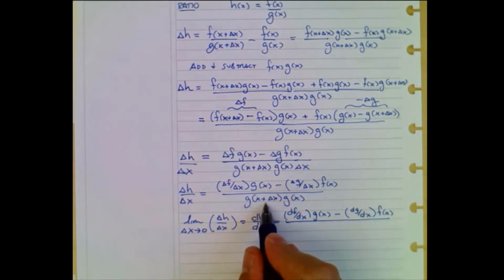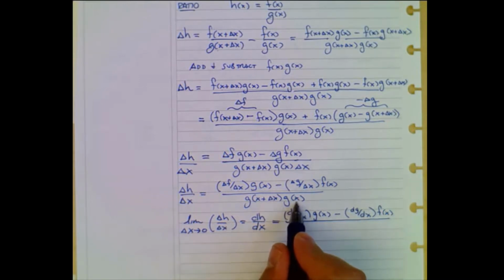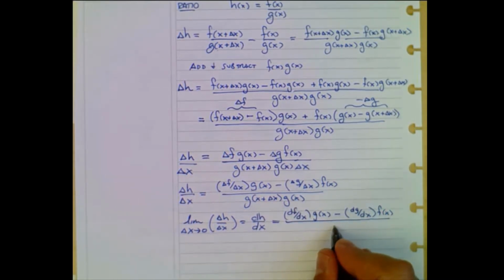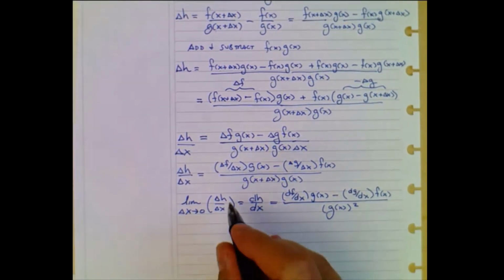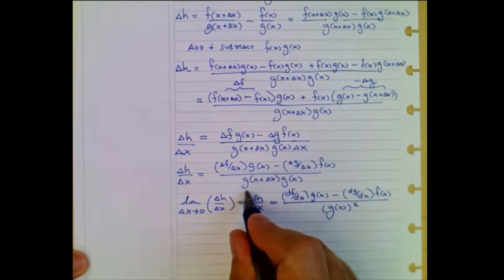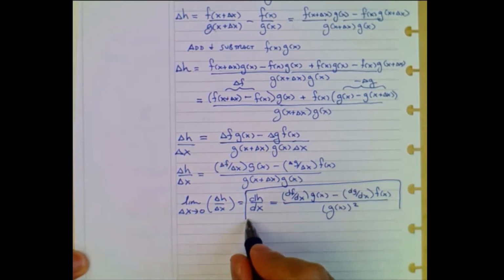And then the bottom, g of x plus delta x, just becomes g of x as delta x goes to 0. And so I've got g squared. All right? So that's my rule. That's the rule for ratios,